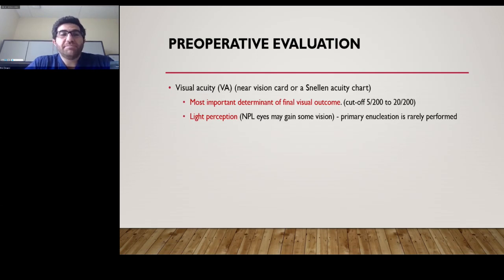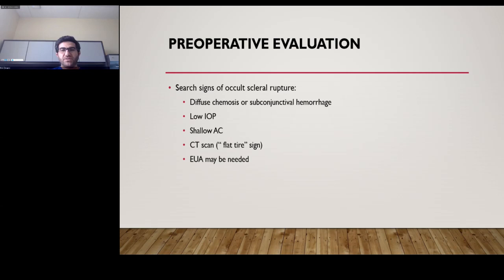So sometimes a patient with a penetrating globe injury or perforating globe injury can have light perception vision. This is a prognostic factor, but we should always try surgery, since some patients can have visual acuity after surgery. Some signs of occult scleral rupture are diffuse chemosis or diffuse subconjunctival hemorrhage, low intraocular pressure